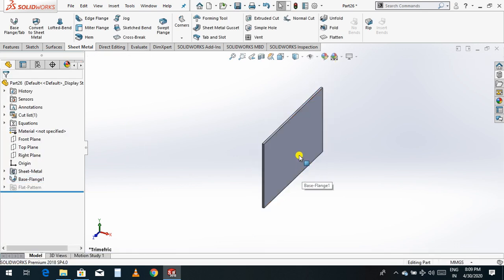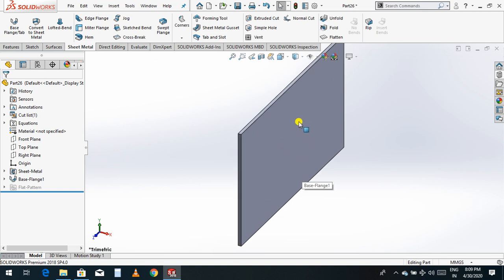Now I want to create a bend here. So in this plate, this is the bend command in sheet metals. Before creating this bend, I need to sketch some bend type, the bend profile.